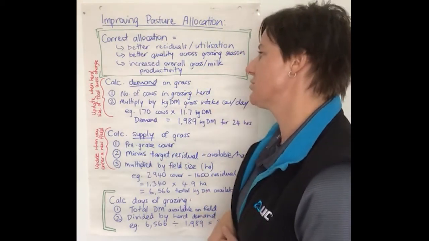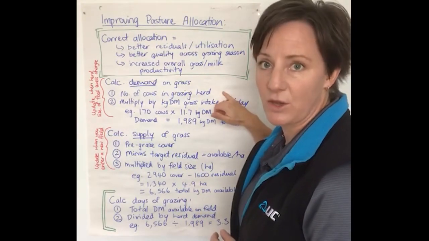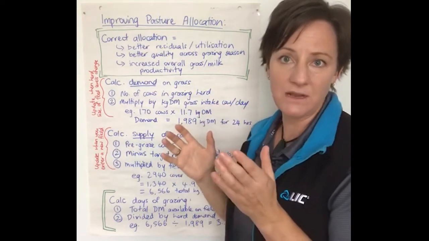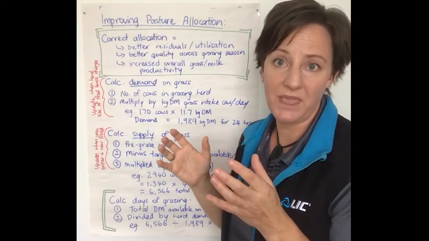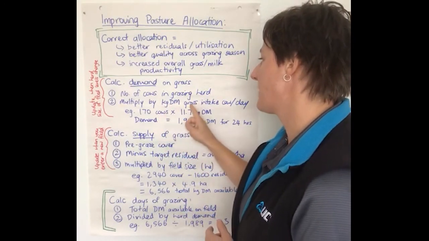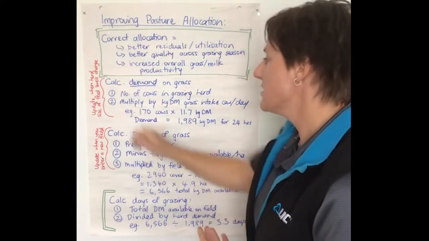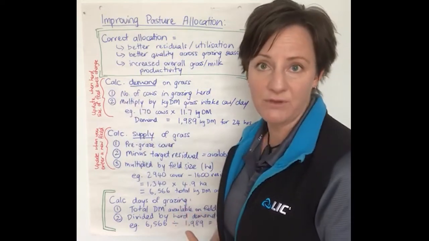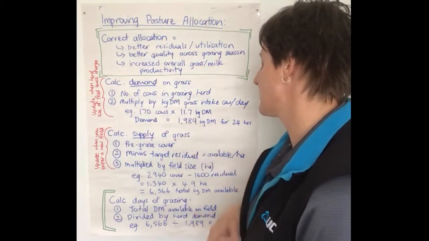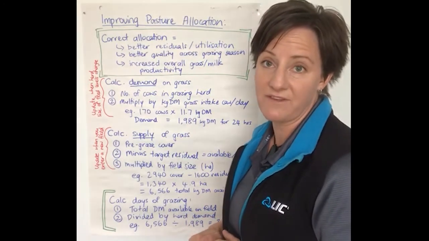The first thing you'll need to do is calculate your herd demand on grass. That means knowing how many cows are going out into your grazing herd and working backwards from how many kilograms of dry matter in total are being fed per cow indoors, so that you can work out your kilograms of dry matter of grass intake per cow per day. You'd multiply those together, so that's your number of cows times grass dry matter intake per day. In my example here, that just equals just under 2 tonnes of grass dry matter required to fully feed the